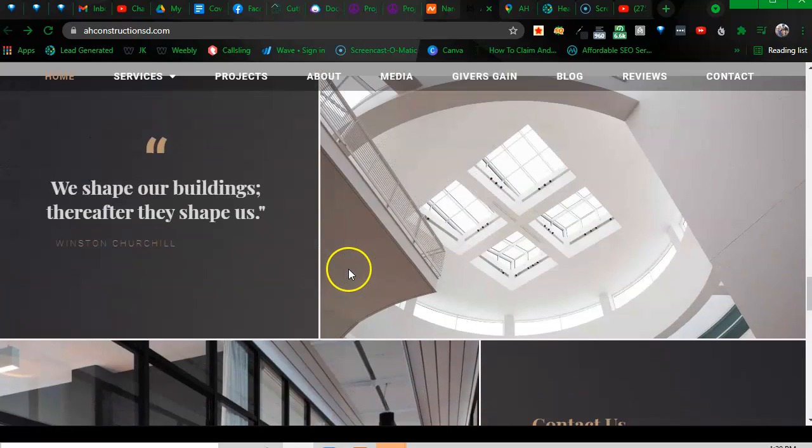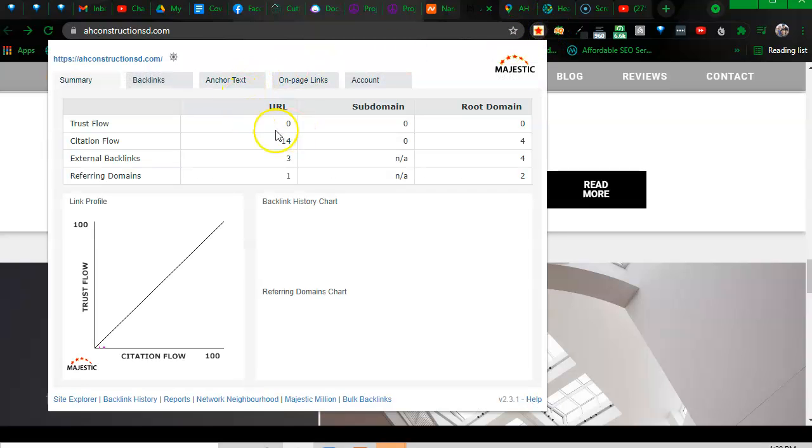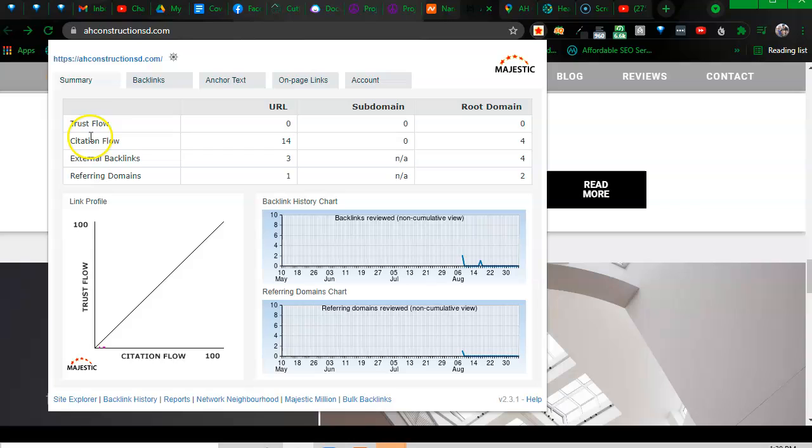So that's what I would recommend. Now, I think you should know about the citations and trust flow on this site. While your citations are building, it looks like, and they're out there, Majestic is a tool I use to kind of peek into what Google might see as trust flow. So it looks like your site could use some link building tactics and getting it